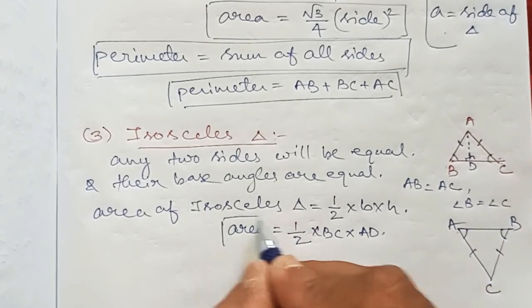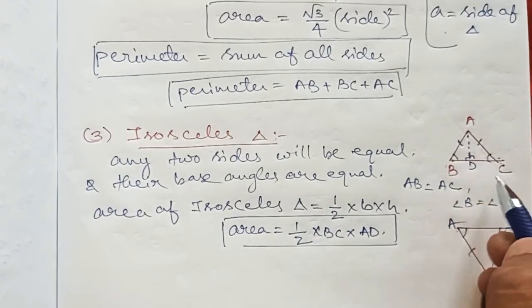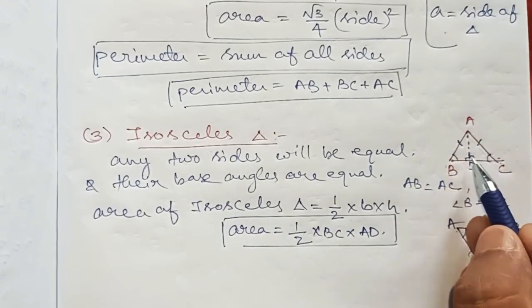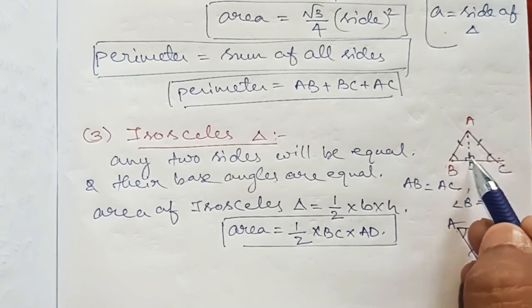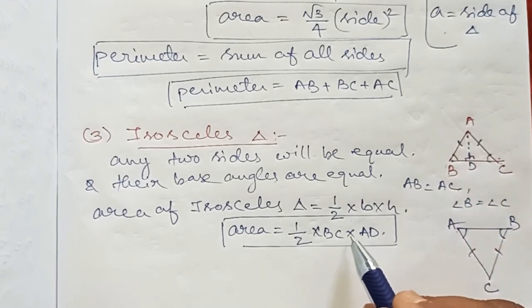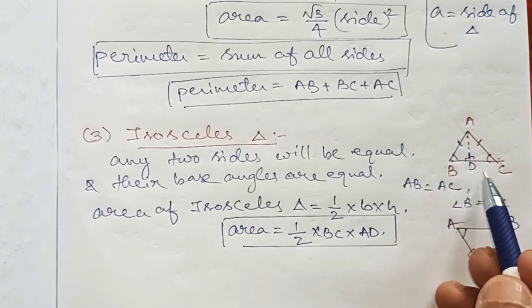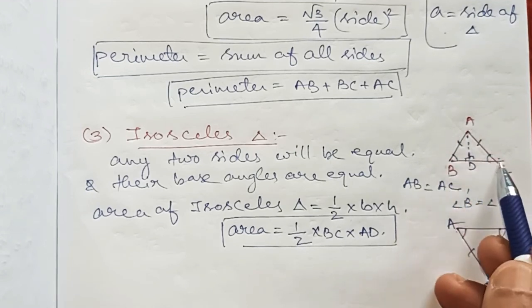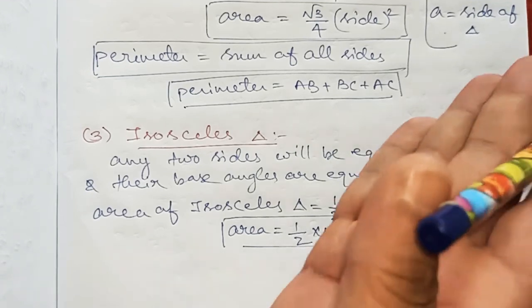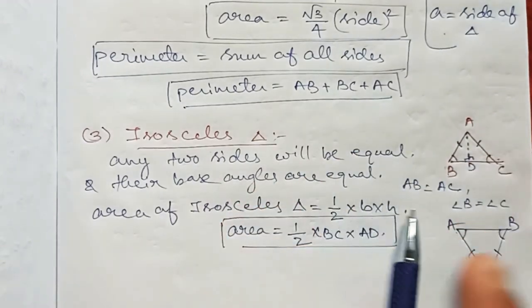Remember? Getting? Whenever there is no height given in the triangle, you have to find the value of the height of the triangle, then you find out the area. Without that, you don't take these two sides as height. Okay, bend lines, slanted lines are never taken as height, remember.